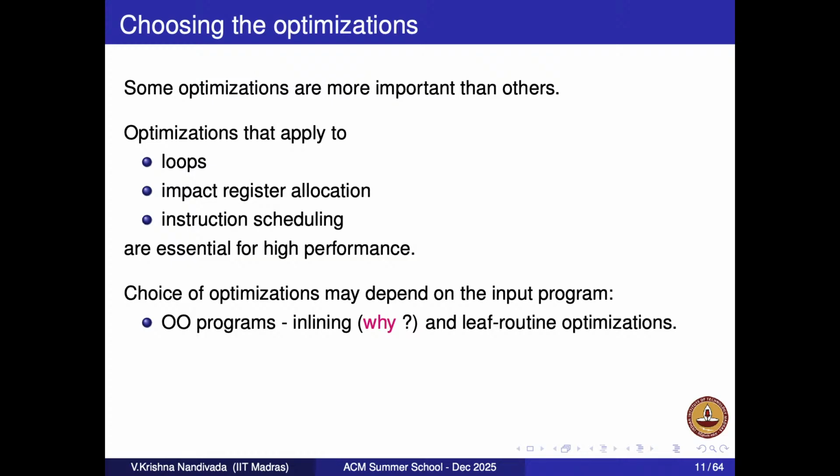See, object-oriented programs. Let's say you're familiar with C++ or Java. You have this notion of private fields, public fields. If you have a private or a protected field, how do you typically access it? Using getters or setters, right? Think about it. Like Sridarshini said, to make a call, you have to save a bunch of things, do a jump, do that code and come back, and again restore everything. So much work for reading one field.